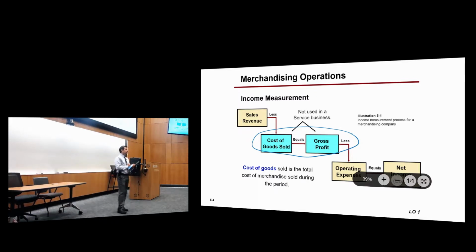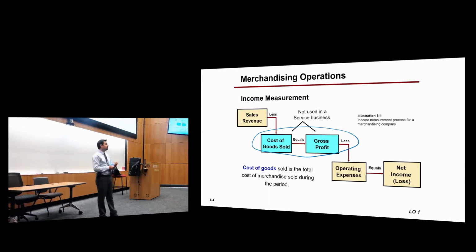Okay? Before getting to net income, usually companies also calculate gross profit. Gross profit is simply the difference between the sales and the cost of the product. This is before calculating operating expenses. And why do companies separate cost of goods sold from operating expenses? To make sure that they are not selling the product at a price that is lower than the cost itself. Right? So this is one reason.